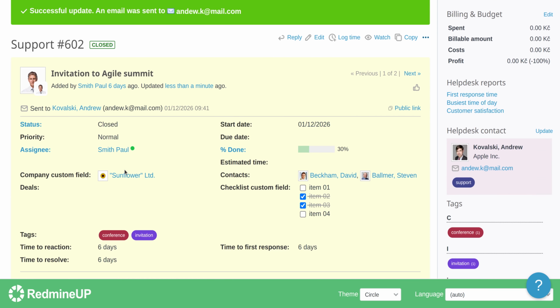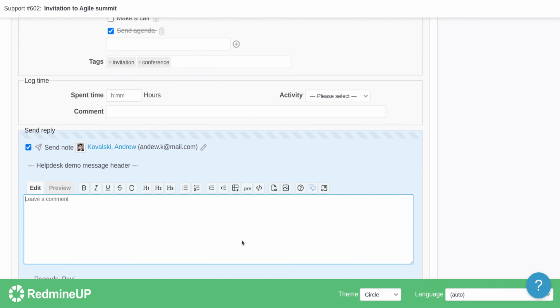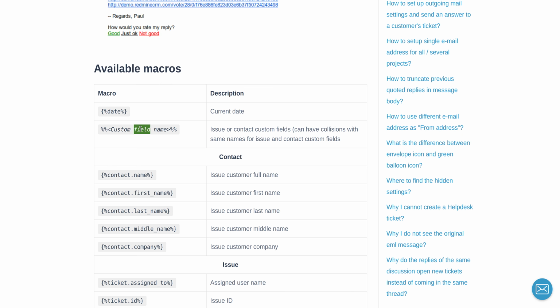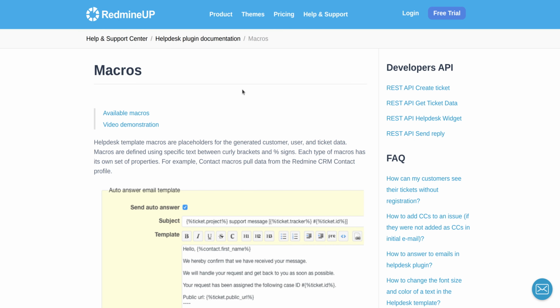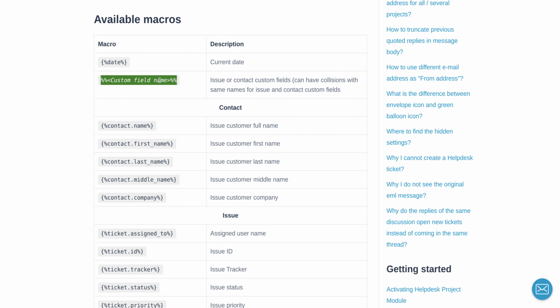Okay, so we have our custom fields populated, and yeah, just click one more reply to client and say, hello client, hello Andrew. The contacts are, and we copy paste this here from our documentation. It could be found in help and support, and then help desk plugin documentation, and then macros article. So you scroll down and you will find the custom field here. Okay, so we copy paste this